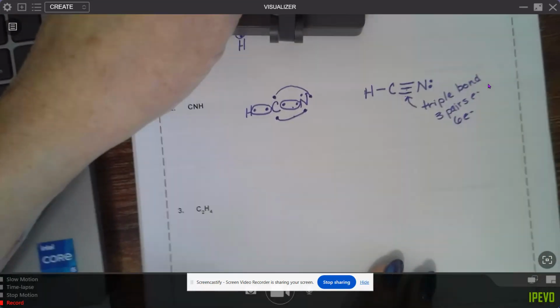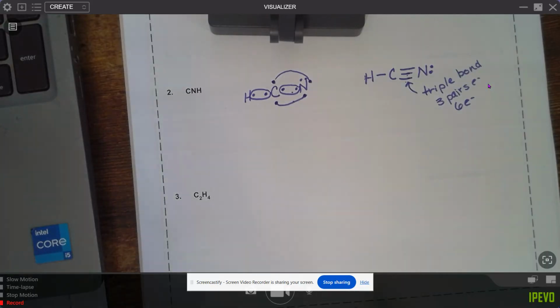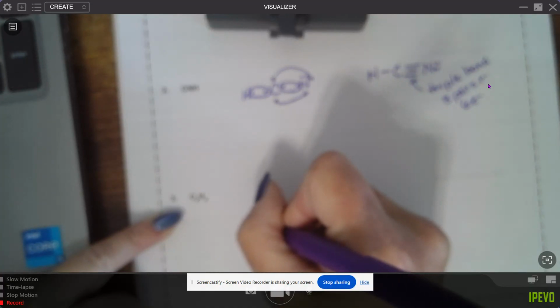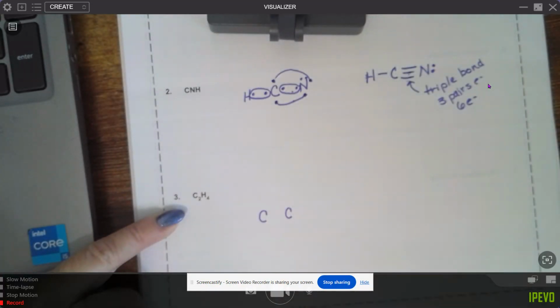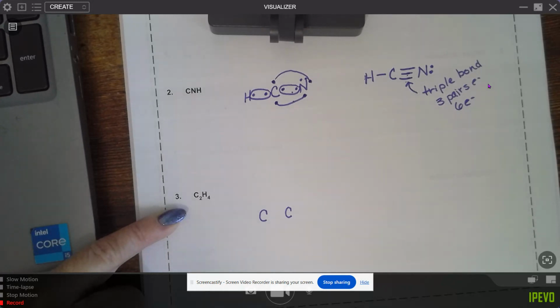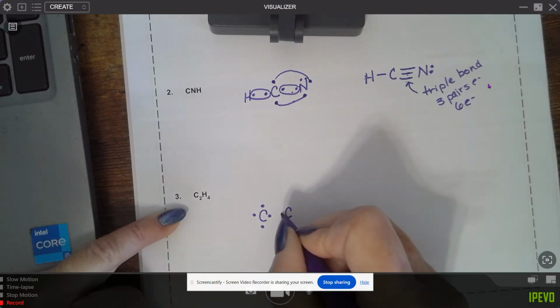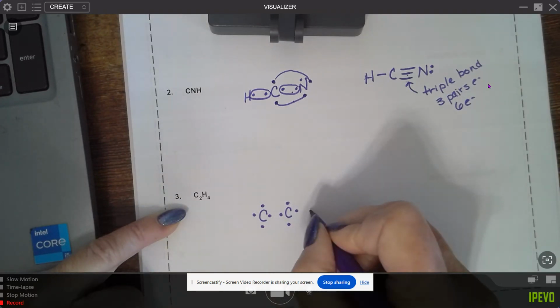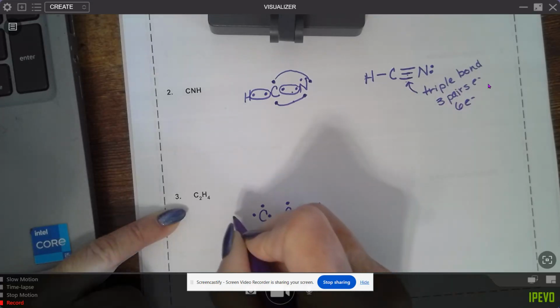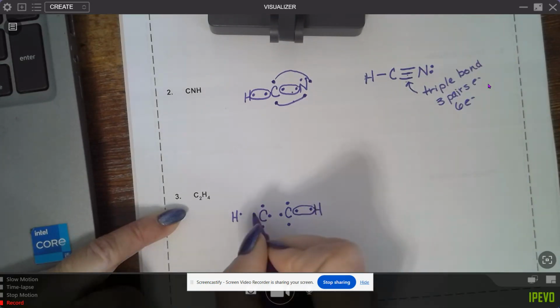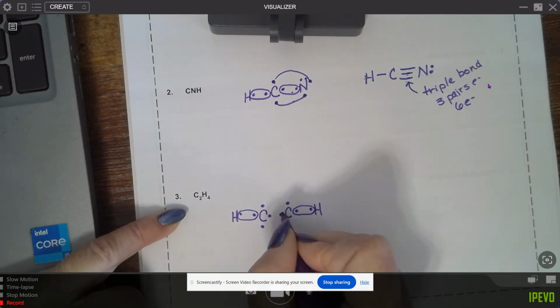You just have to figure out, when you get to that point where you think you're done, you might have to make another connection. All right, so let's try this one, C2H4. All right, so this is another one of those where there's not one central atom, but there's kind of 2 central atoms. All right, so carbon has 4 valence electrons. 1, 2, 3, 4. 1, 2, 3, 4. And then I'm going to connect a hydrogen on each side. Okay, hydrogen has one valence electron. So I'm going to draw a bond here and a bond here. And we know that there has, oh,